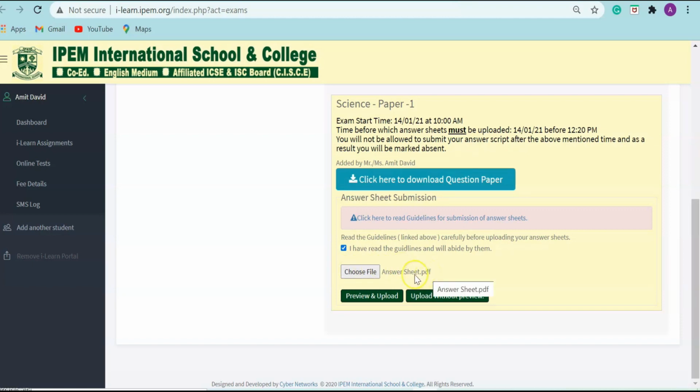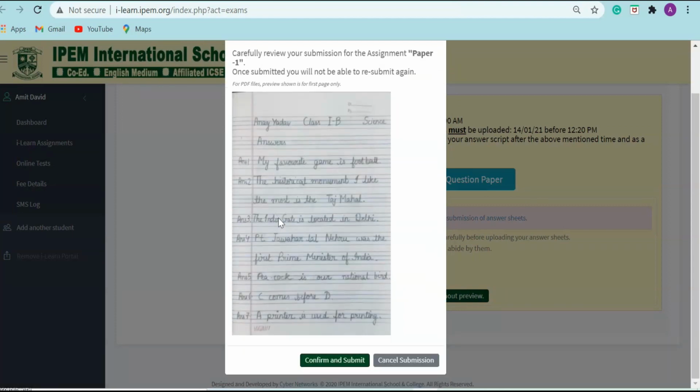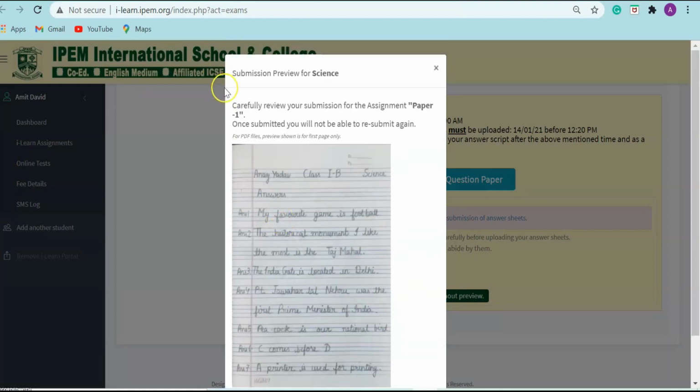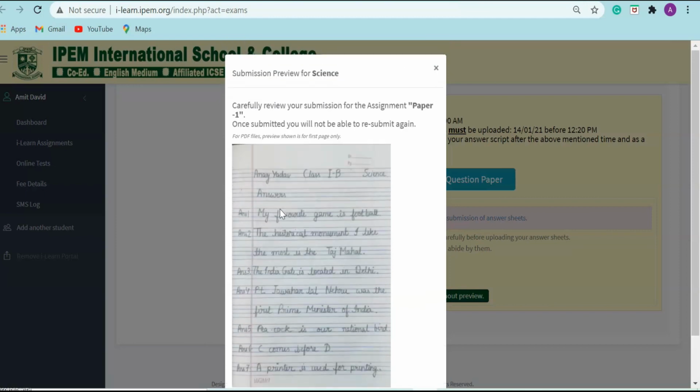Now what you have to do over here, you can preview your upload. So for that you have to click preview and upload. You will be able to see your answer script. Just check whether the document which you are uploading is correct or not.